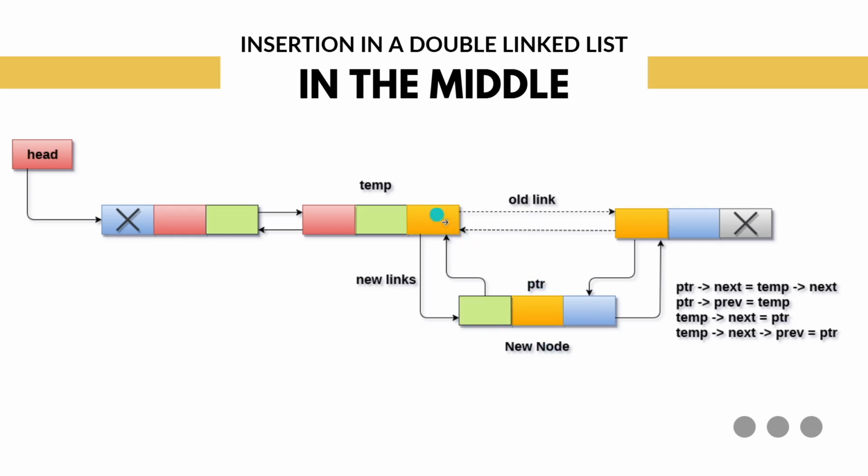One, we have to look at temp's next. Another thing is we have to look at pointer's previous as well as next, and then we may have to make a change at the node following PTR's previous position. So, we have to do pointer revisions at 4 positions. In order to do that,